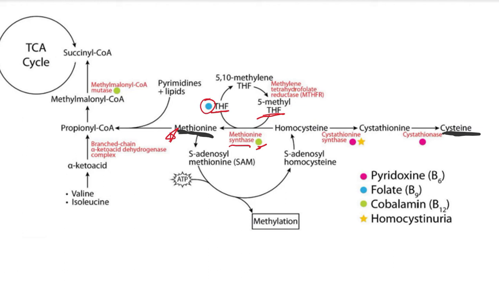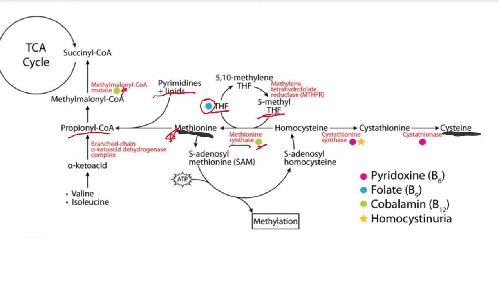Additionally, methionine will combine with pyrimidines and lipids to create propionyl-CoA, which will be converted into methylmalonyl-CoA, and the enzyme that does this is propionyl-CoA carboxylase. Methylmalonyl-CoA will then be converted into succinyl-CoA via the enzyme methylmalonyl-CoA mutase, and this also requires vitamin B12 as a